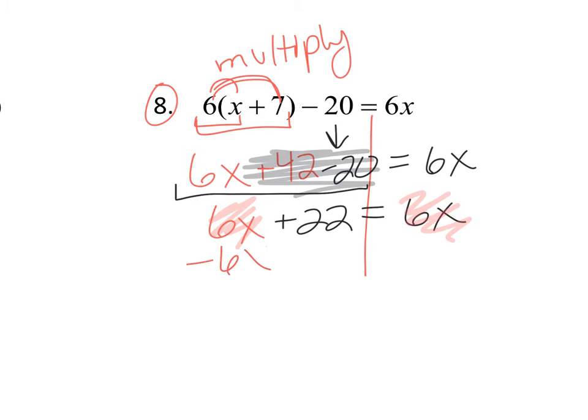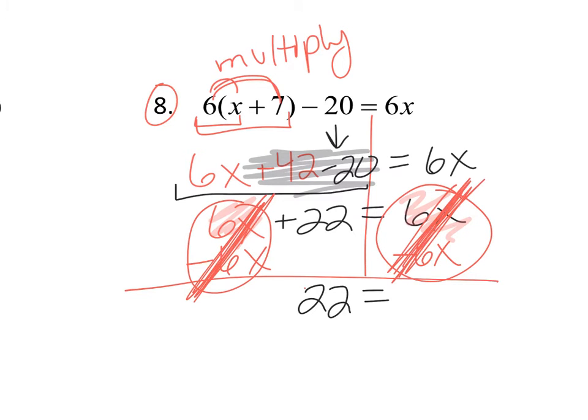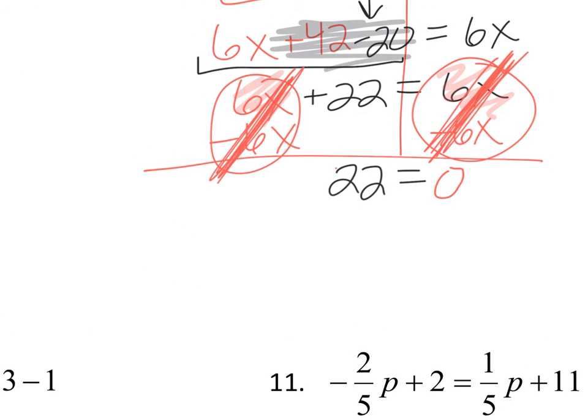So if I subtract 6x and subtract 6x, this is a great problem to go through. Here, 6 minus 6 is 0, so I don't write anything. I'm left with 22. And then again, 6 minus 6 is 0, and there's nothing there to write, so I'm just going to write a 0 there. No x. 0x is 0. So in this situation, we have no x value left. So we have 2 options. When you are in this situation, your 2 options